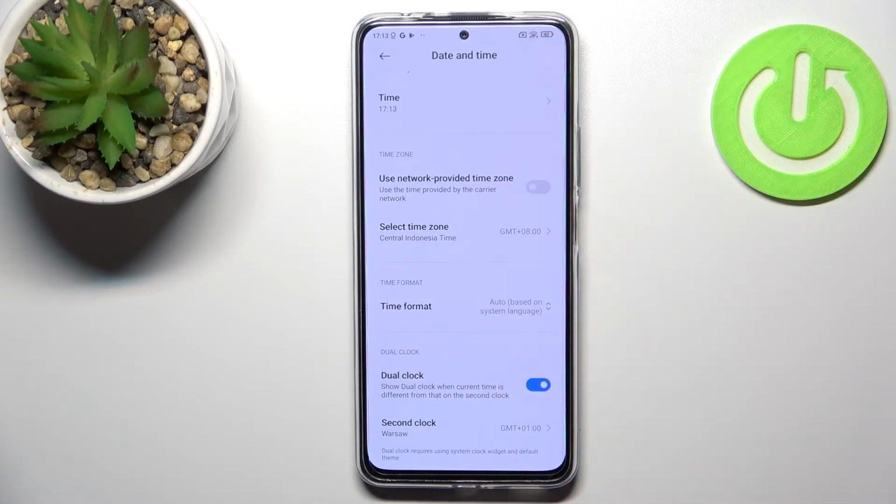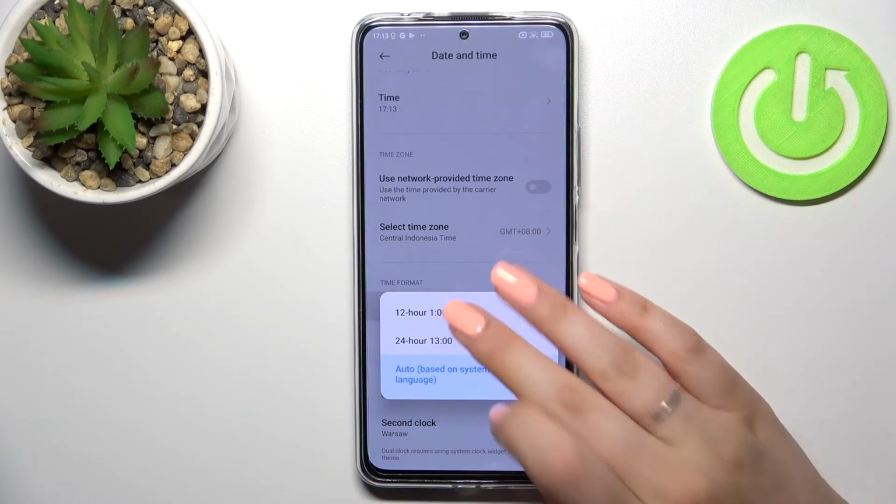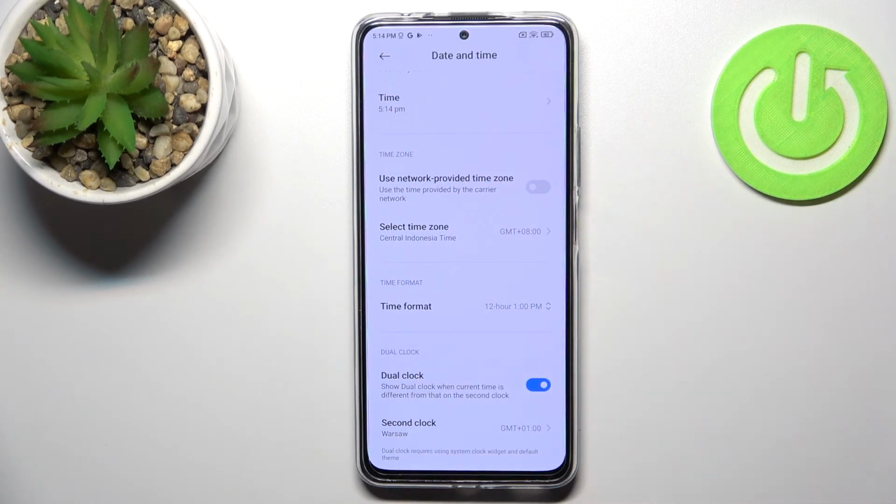Here we've got the time format, so we can tap on it and we can just set the automatic option, which will be based on the system language, but we can also manually pick 24-hour or 12-hour format. It's up to you. I will pick maybe 12-hour format, and as you can see it will also be immediately